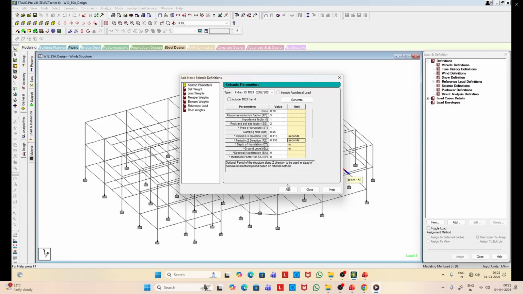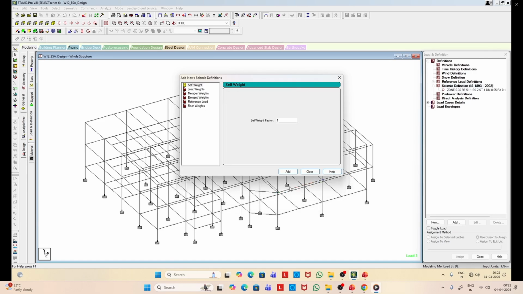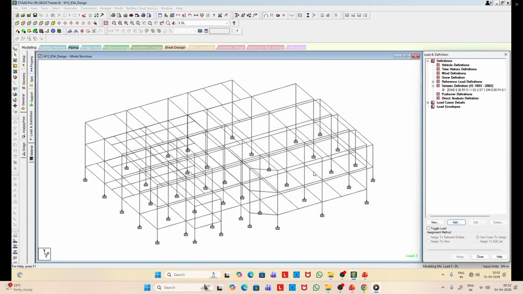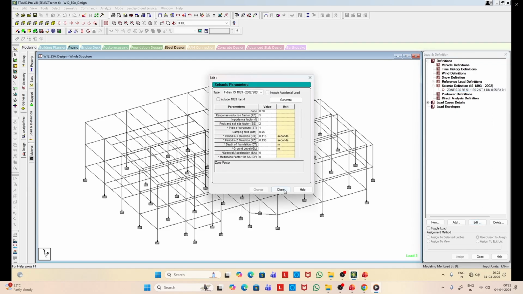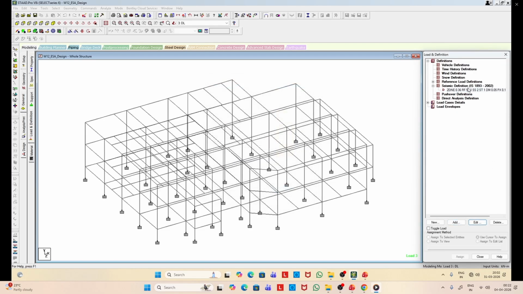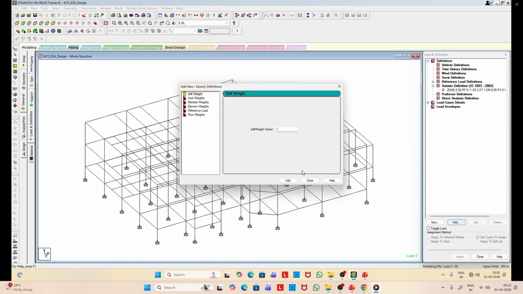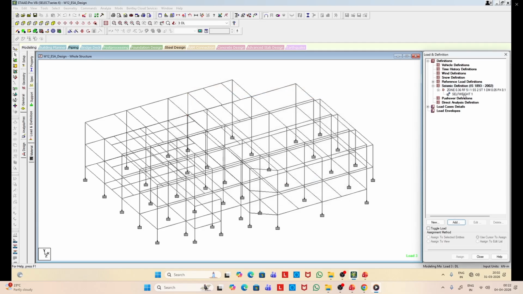And you can also change the response reduction factor accordingly. So now here you see the appropriate zone is applied. So next we have to add the self weight. Recall, seismic weight we have to define.